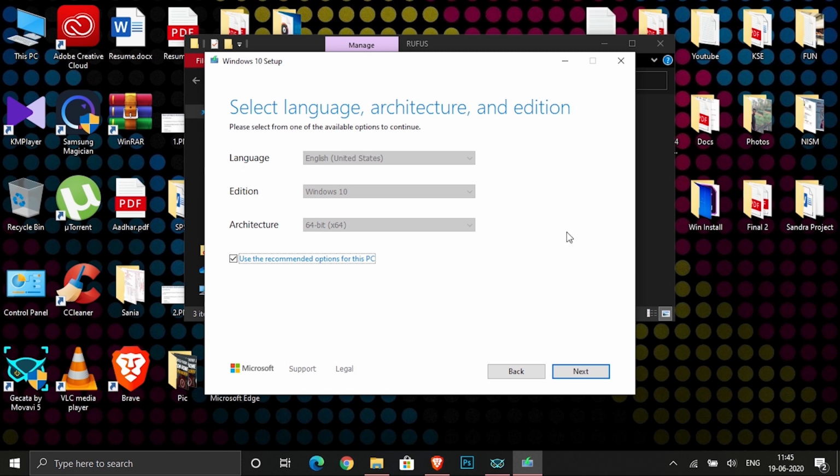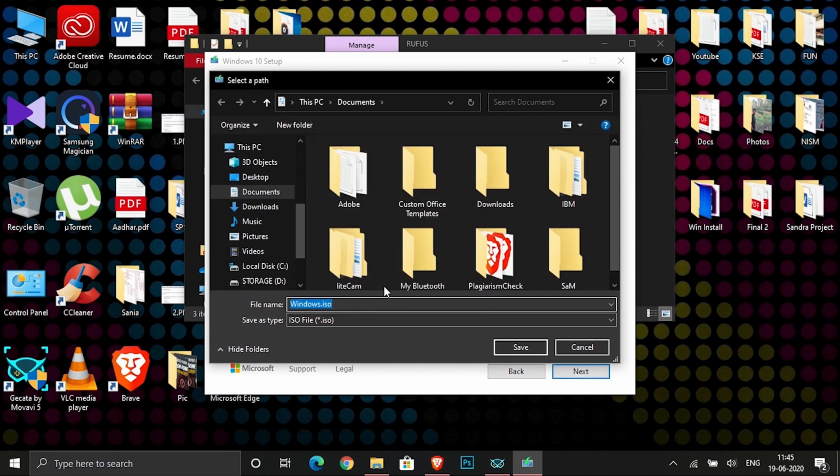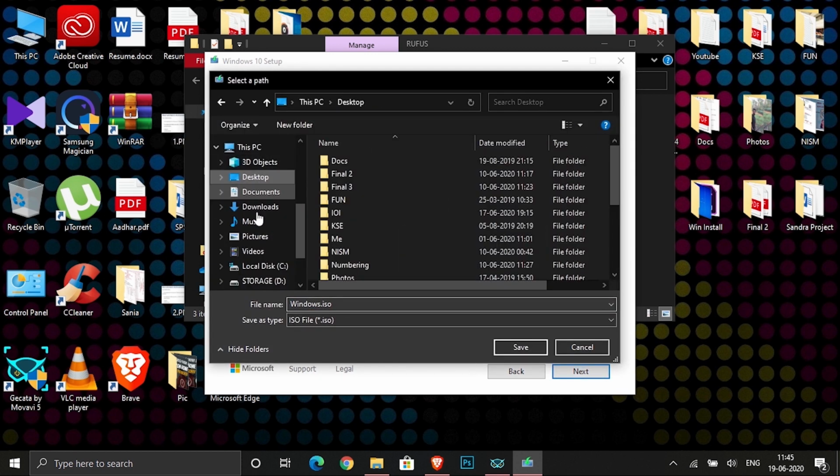I'll go with the system recommended settings. Click next, and then you have this option. You can choose USB flash drive or ISO file. I will always recommend you to use the ISO file so that you can download the Windows 10 ISO file from the official server. Click next, and it will ask you where to save.